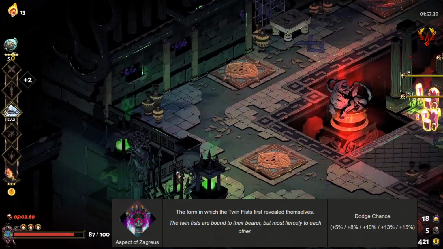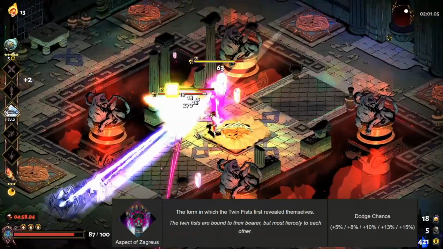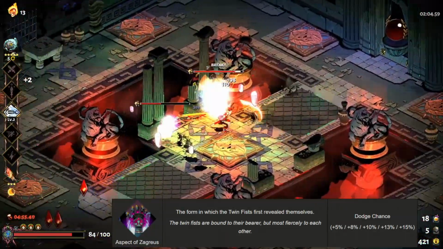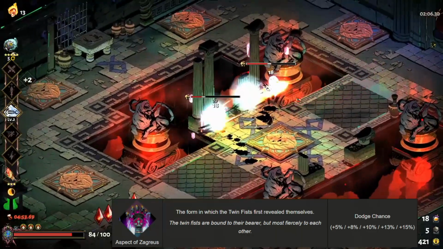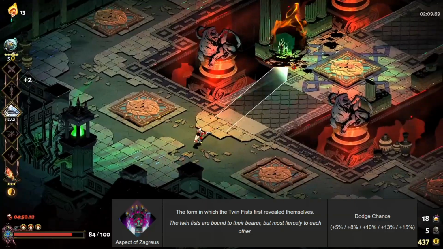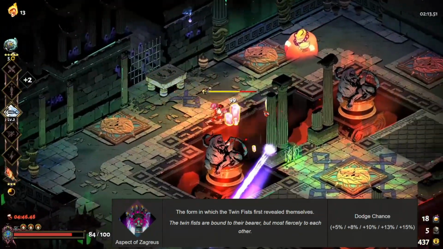This is the first aspect that you will be getting once you unlock the Twin Fists. Once you upgrade it, it will increase your dodge chance up to 15%, which is pretty decent. Now we can play this aspect in two ways. The first one is to focus on boosting your dodge and you play on defensive abilities, and for that we need to pick